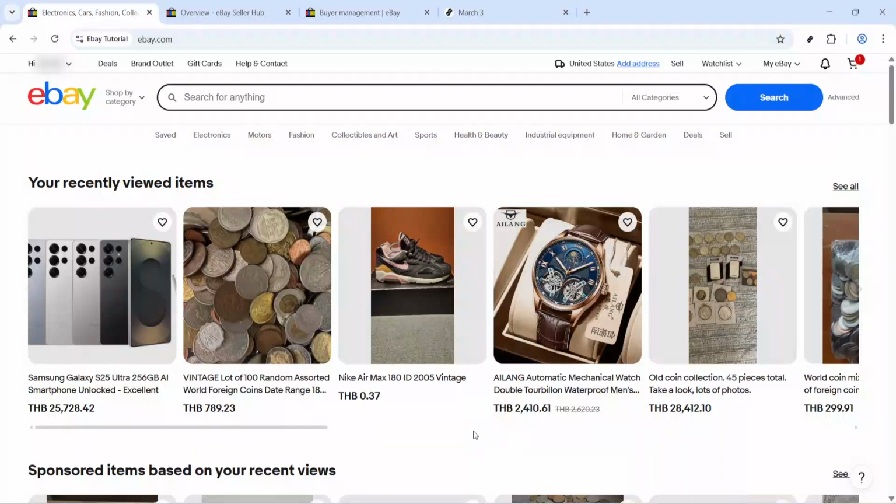In today's video, I'm going to teach you how to block a buyer on eBay. If you've had a difficult transaction or simply want to reduce risk, eBay gives you built-in controls to prevent certain buyers from bidding on or purchasing your items. I'll show you exactly where to find those controls and how to adjust them so your store policies work the